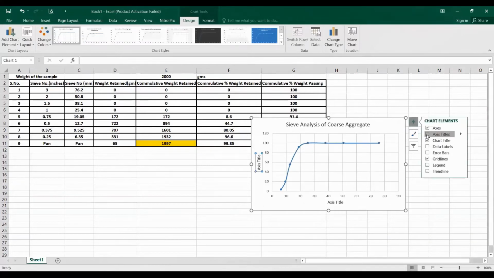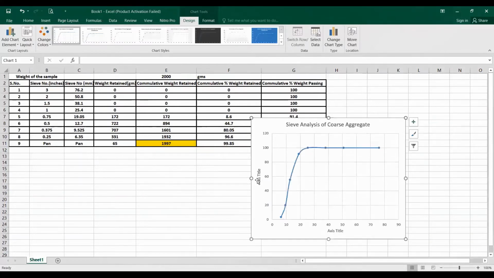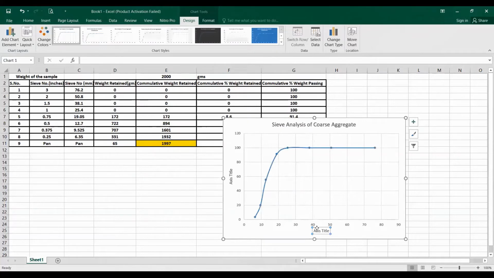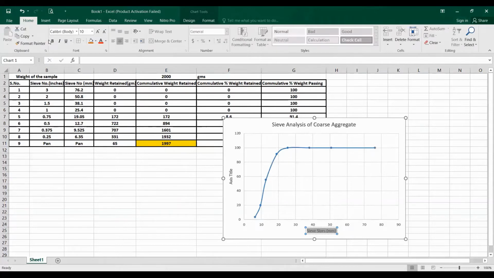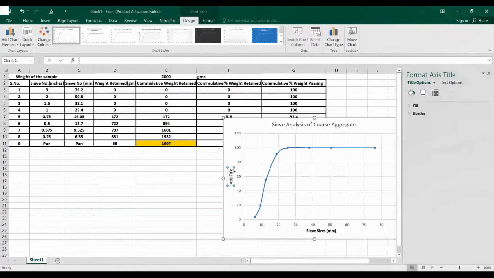First you have to put the axis title. I always already told you that you must always write the axis title, because without an axis title I cannot identify what values you are taking on the axis. So sieve sizes in millimeter on the x-axis, and make it bold. Then on the y-axis, we are going to write the axis title cumulative percentage weight passing.